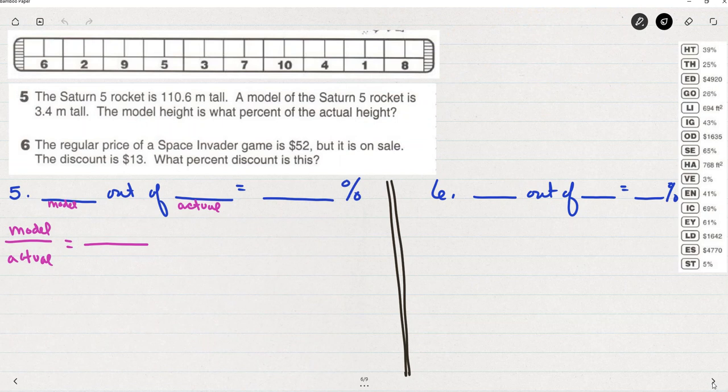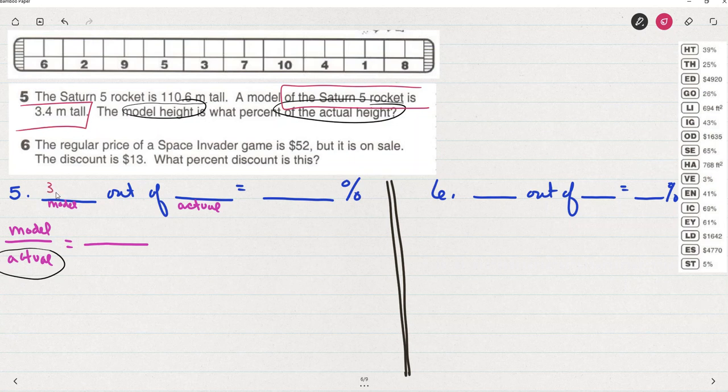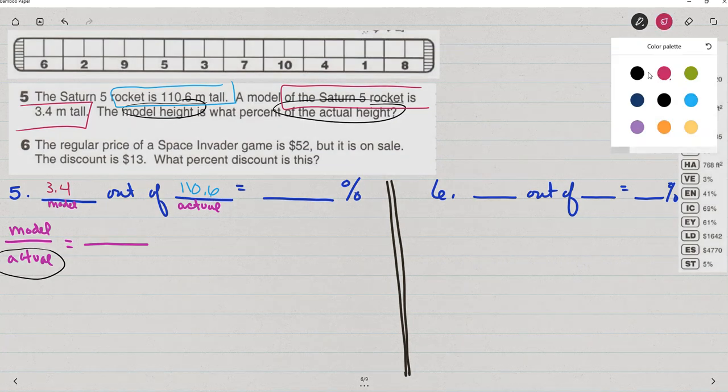A model of the Saturn V rocket is 3 4/10 meters tall. The model height is what percent of the actual height? Now, let's keep these in order because it's asking specifically model height is what percent of the actual height. So I need that actual height in the denominator and the model height in the numerator. So the model is 3.4. Let me color code these. The model is 3.4. And the actual, it says the rocket is, so that's the actual height, 110 6/10. So we want to make sure we put these in the right order and put the 3 4/10 over the 110